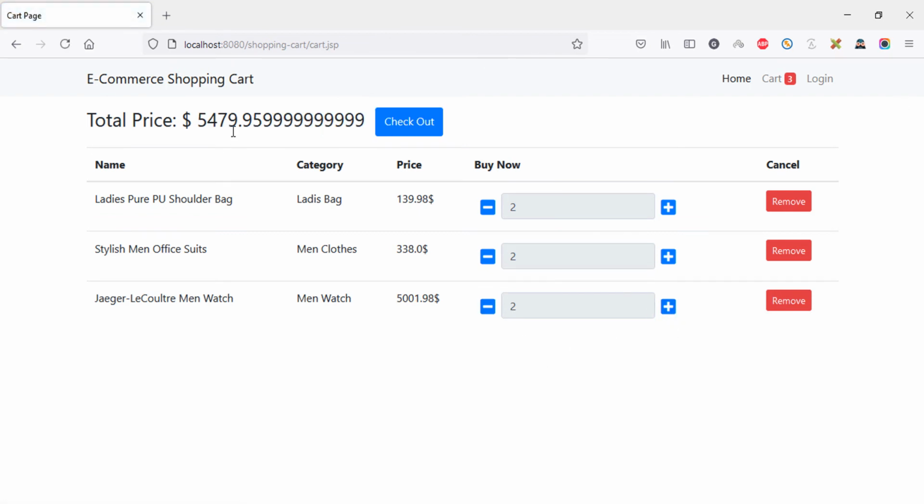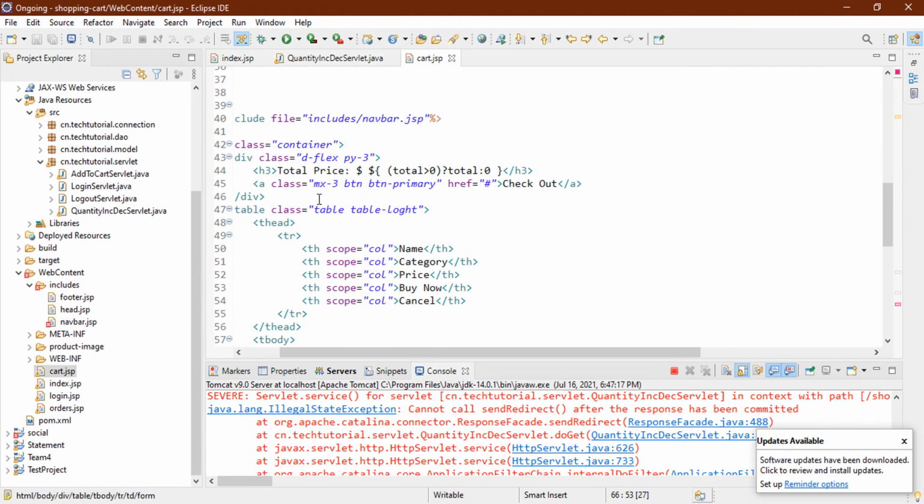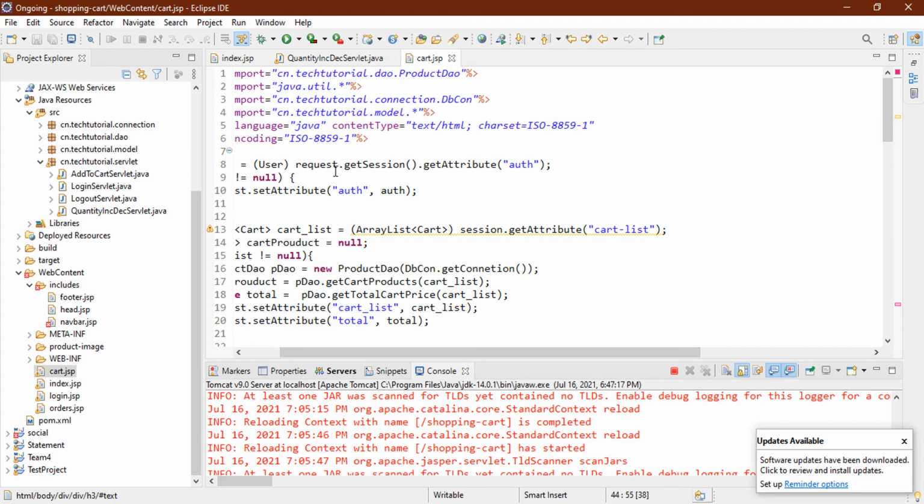Now we have an issue with our pricing. There are lots of numbers after the decimal, so we would like to limit it to 2. How can I do that? Where is the total price? This is our total price action. Let's go to the top of this page, after the page encoding, and add a condition to format our total price.